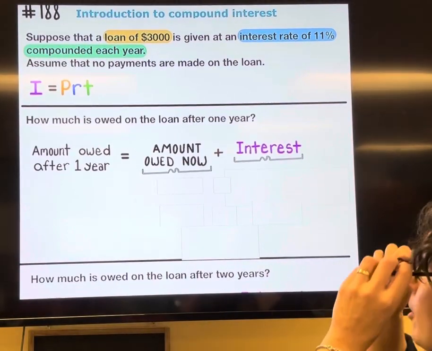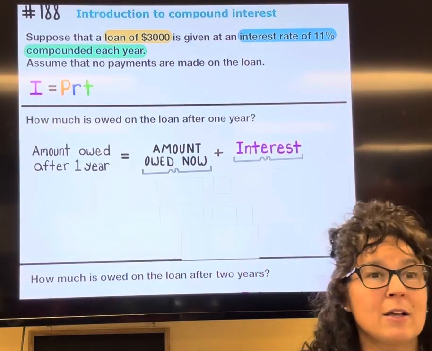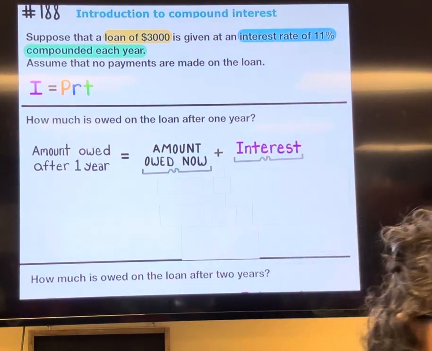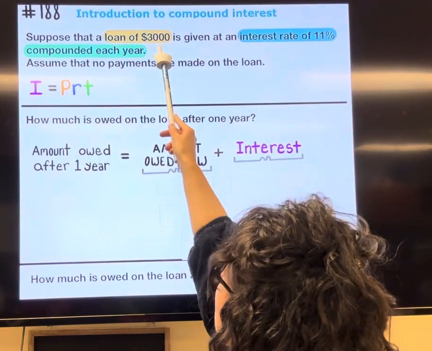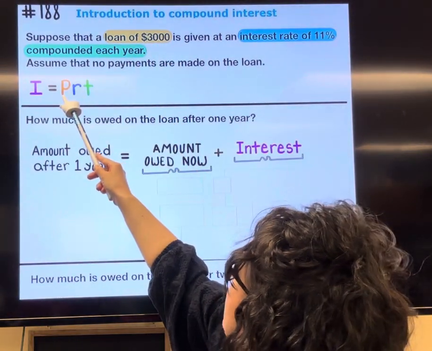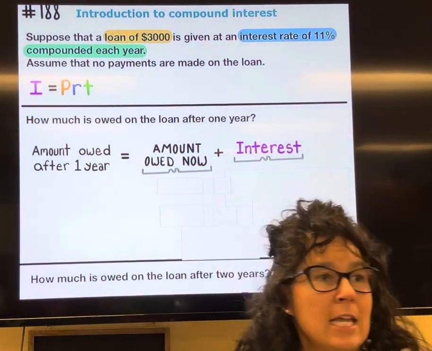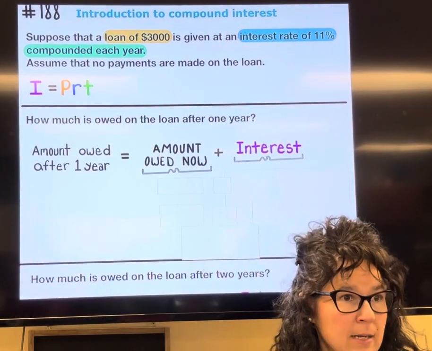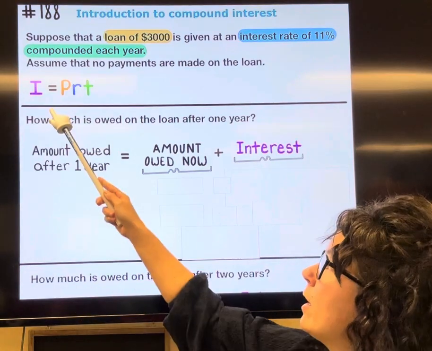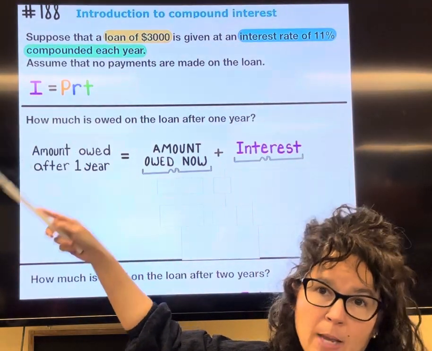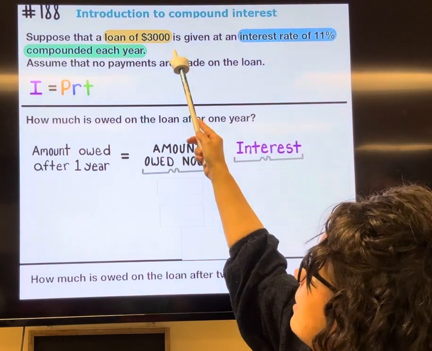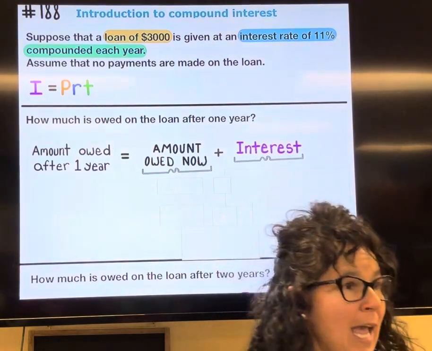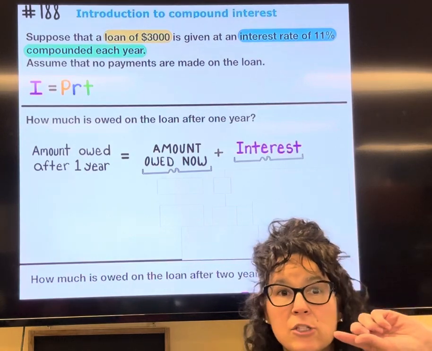So in this particular problem, we have a loan amount for $3,000. The amount of money that you borrow, that's called the principal. And so this $3,000 is going to become the P. Now the interest is the amount of money you have to pay to borrow the money. And so we want to find out how much money am I going to have to pay to borrow the money, the $3,000. The rate is the R,